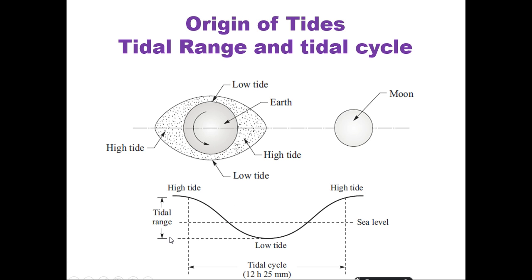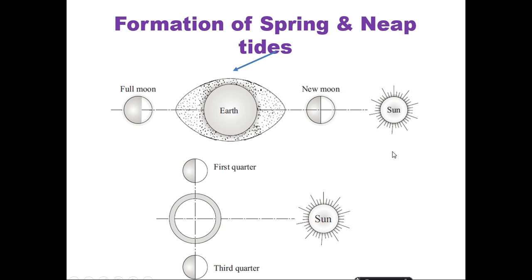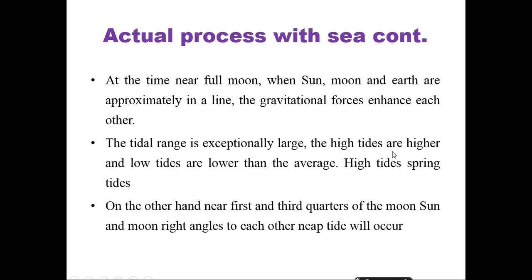Talking about the daily tide variation, if we incorporate the moon position at the same time, this is what the high tide to high tide means: a consecutive time period of 12 hours 25 minutes. In that case we are experiencing one high tide and one low tide. Similarly, the tidal range is an important concept. It is exceptionally large where high tides are higher and low tides are lower